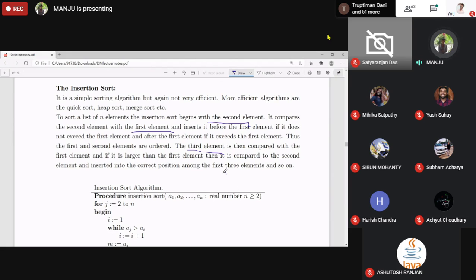That is, if you have 3 elements, 3, 1, 2, which you want to sort, it starts with the second element. It compares with this one. If 1 is smaller than 3, then it replaces 3. It replaces 1, 3. The output of this step will be 1, 3, 2. Now these are sorted, right? Then come to the third one.